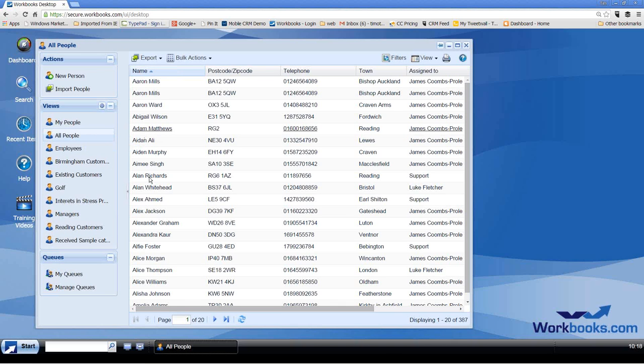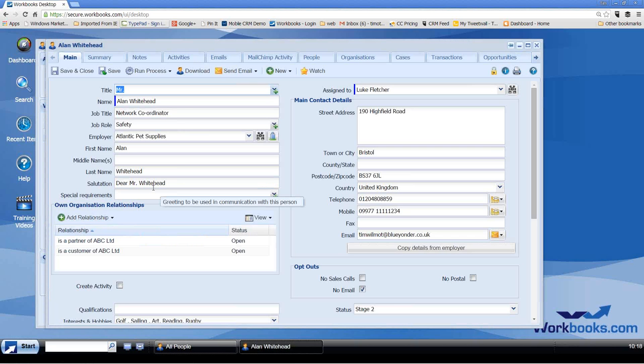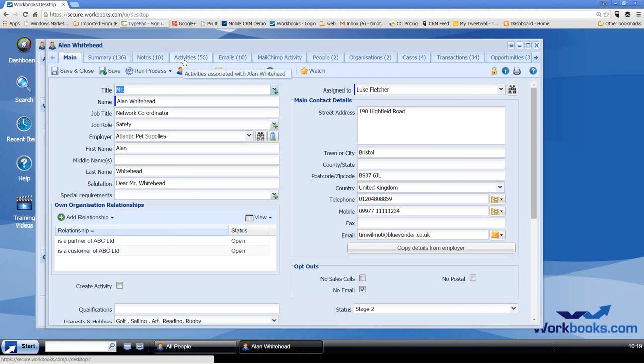Let me dive into a client's record in a little bit more detail here, and show you what we can track about a contact. So Alan here. I've clicked on Alan's record and up pops a window showing me all of Alan's information, and this window has got some tabs running across the top there, and we can see a lot more detailed information on those tabs.